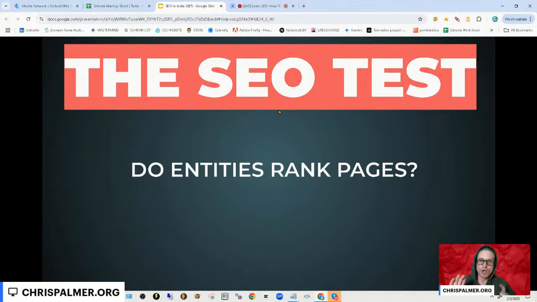In any case, with that being said, a friend of mine went through his training. He was putting a lot of emphasis on entities in H tags, right? Which we kind of already knew because that's a powerful place to put keywords. Why not put entities, AKA relevant terms, like LSIs in our H tags? Why not? So we were already onto that.